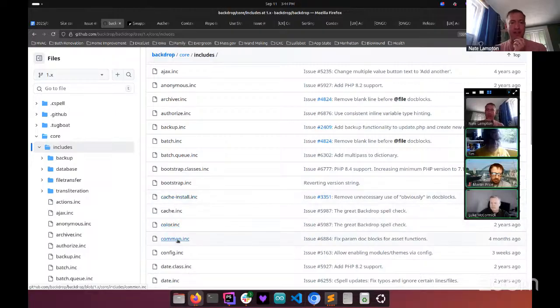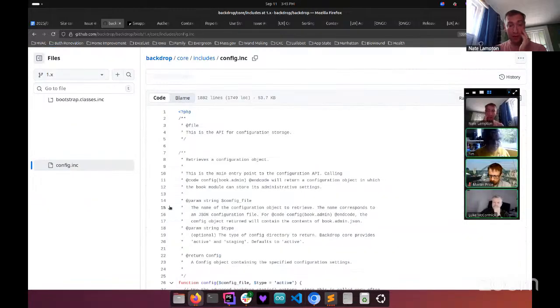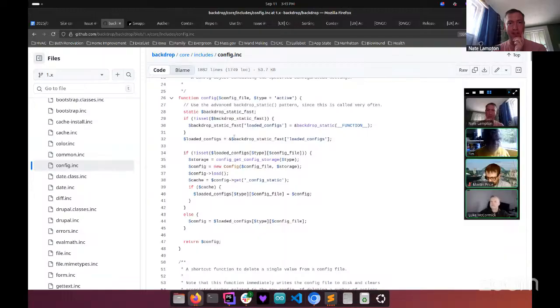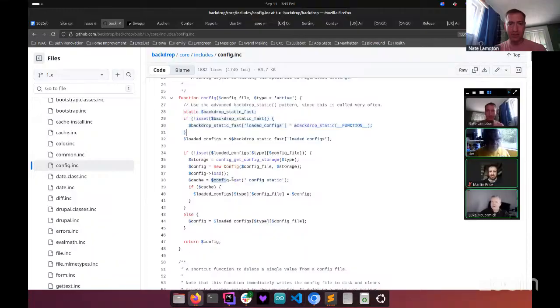Adding some kind of cache into config, the file-based config, may have a benefit, but it's probably going to be dependent on what your caching system is, what your file system is, whether or not it would be beneficial or not. Yeah, here it is. See, it's right at the very top of the file. So here it is. We've got it in the config function itself, which is where all of the config files are cached. And so when you call config get,